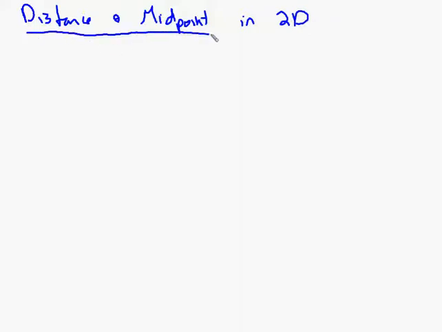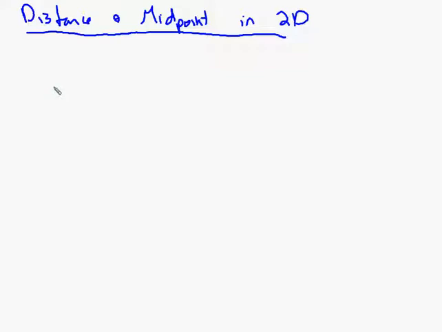So we are going to do section number 7 of chapter 1, which is going to be about distance and midpoint. We've actually already talked about distance and midpoint, but we're going to be talking about it in 2 dimensions now. So distance and midpoint in 2 dimensions. Alright, so